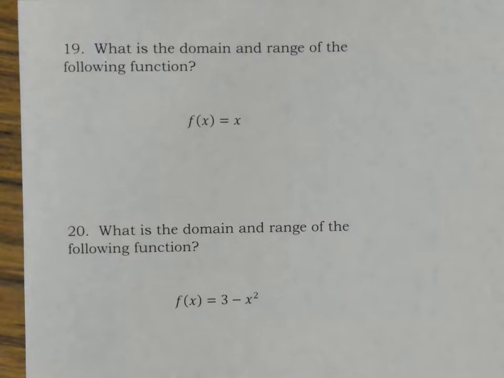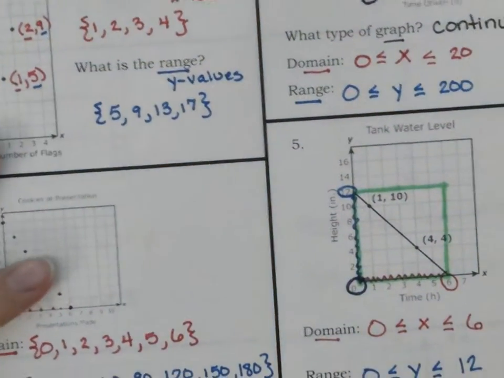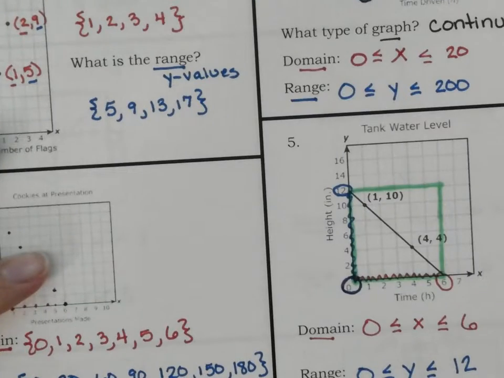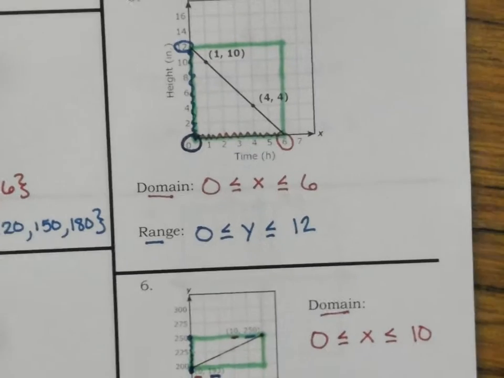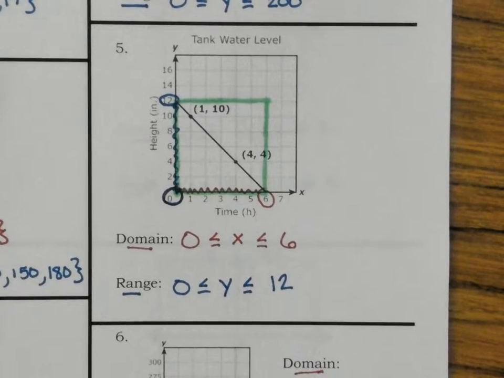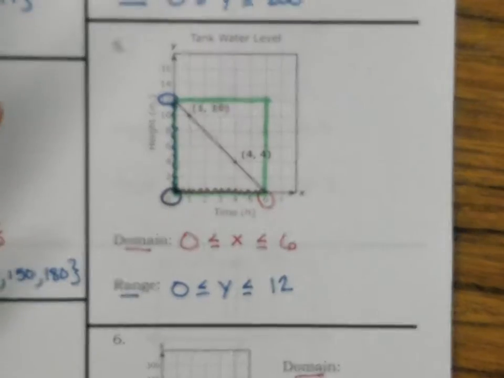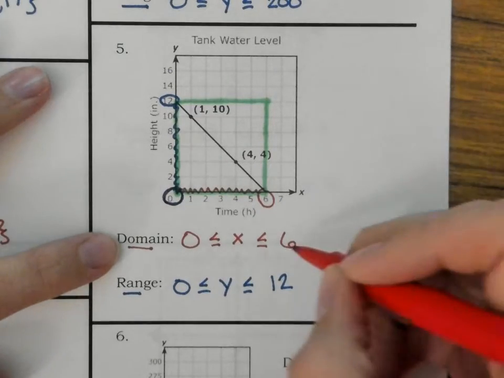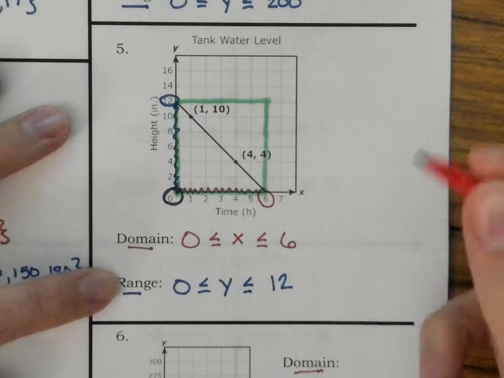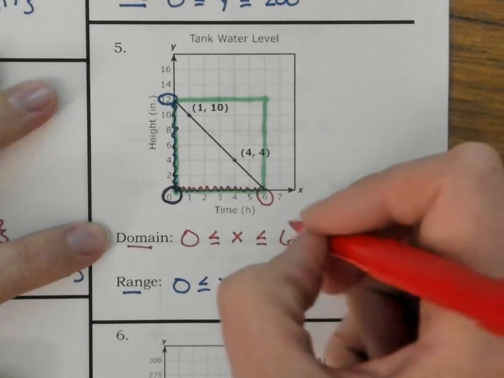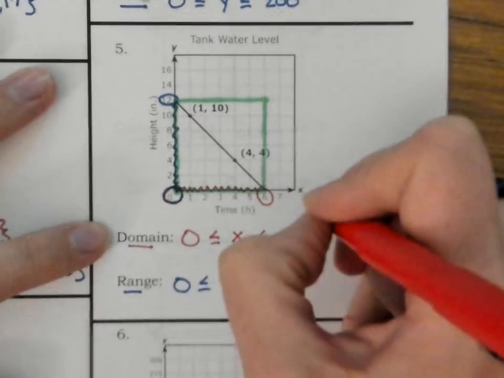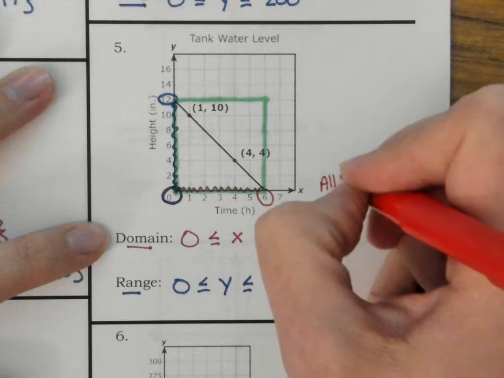Okay, at this point, I'm going to tell you to skip 19 and 20. And then if you want to go back through, let's go here to number 5. And I want to say that sometimes we need to write the domain and range in words. And so for number 5, the domain would say all real numbers